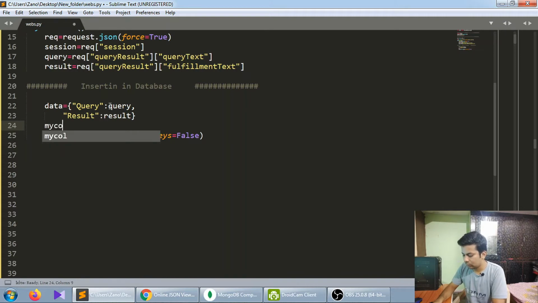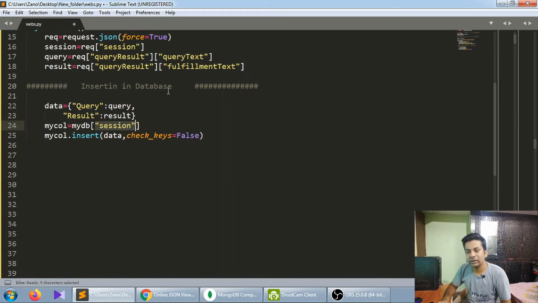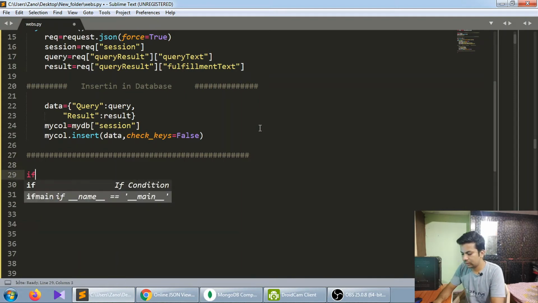And my collection equals my db. If you have worked with a NoSQL database, whenever a new session comes, it will auto-create a new collection if the session is not present. If the session is present, it will just use that and insert this data into it. Okay, so you got the intuition. So this is my inserting part. Now let me run it.